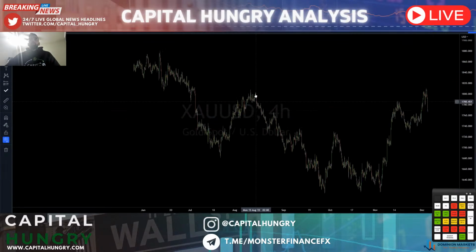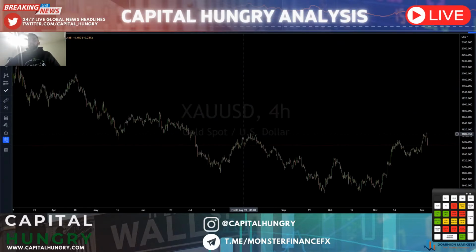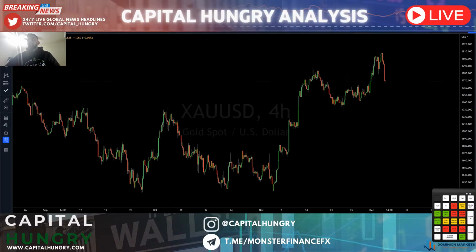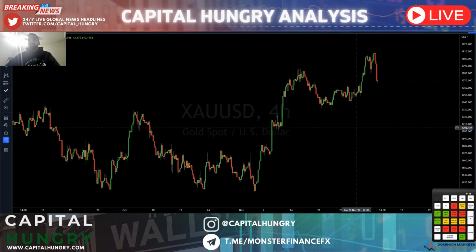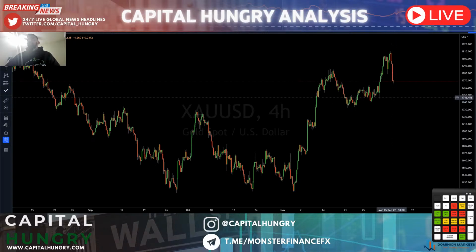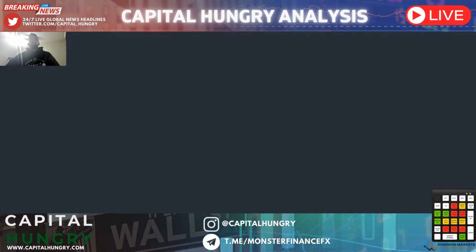Gold, even though gold is having a solid reaction around the 1810s and a previous significant liquidity zone of interest, it's still having a pullback from intraday highs printed. It can still easily revisit the 1760s on the intraday time frames and still be relatively bullish. We don't have any fundamental reasoning yet to see dollar domination back on the scene or to see gold turning completely bearish just yet, breaking well below the 1740s.